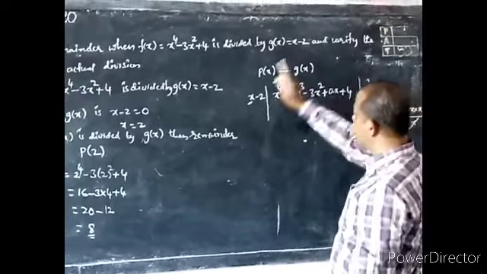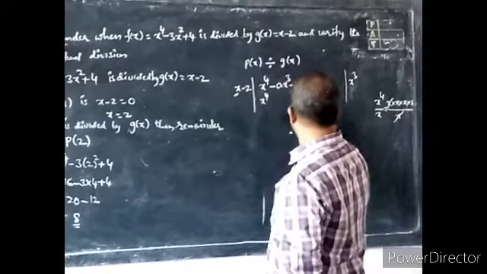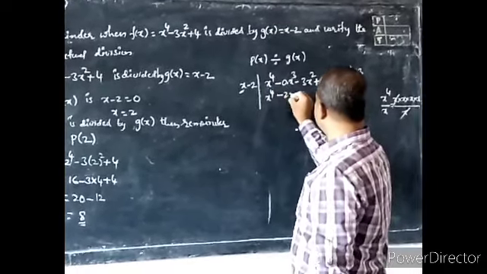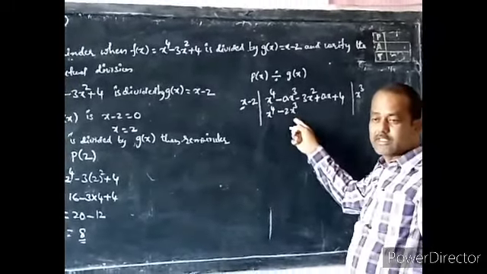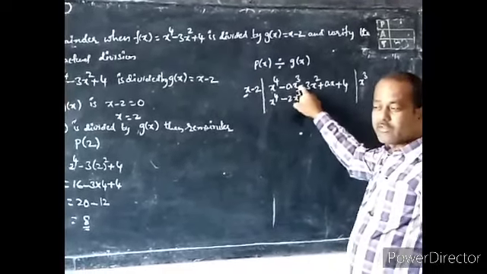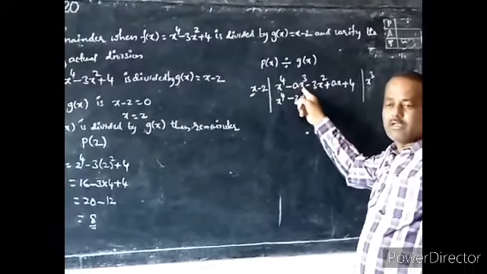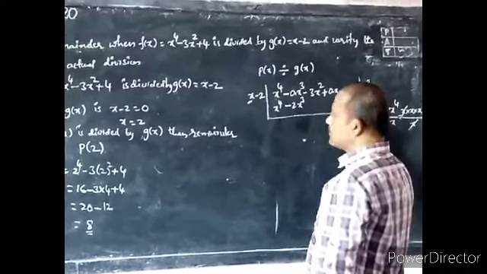Now with this quotient, multiply the divisor. X cube into x gives x power 4. Next, x cube into minus 2, minus 2x cube. For this purpose, I wrote 0x cube. Without the 0x cube term, where should we write the x cube term in the division? You would get confused. That's why we write 0 in the place of any term that is not given, and write the exponents in descending order. Okay? Now, do the subtraction.